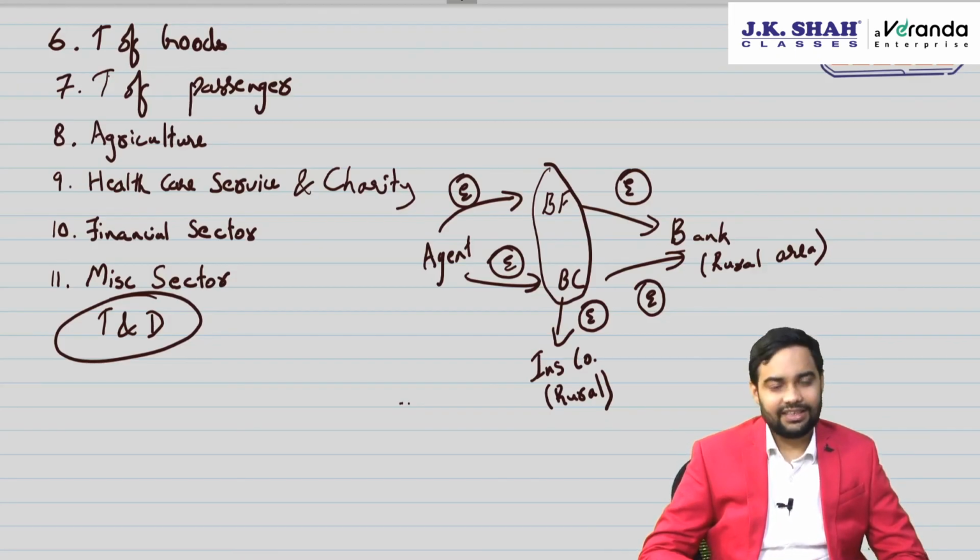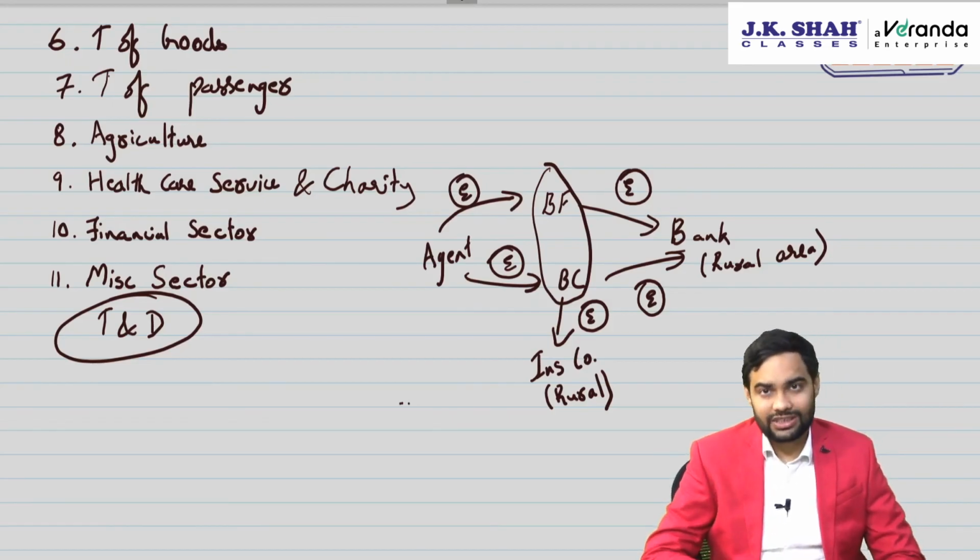Toll charges, even if it is double toll or triple toll when you don't have a FASTag, will also be exempted from GST. What about advocates? Advocates also enjoy an exemption. Advocate or senior advocate providing legal service to other than a business entity, exempt. To a business entity up to registration limit, exempt.